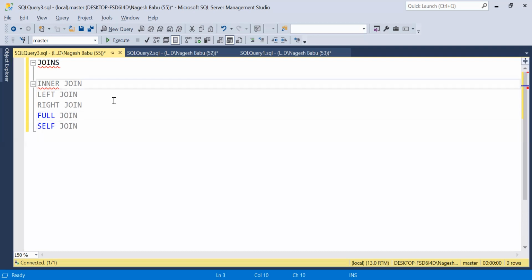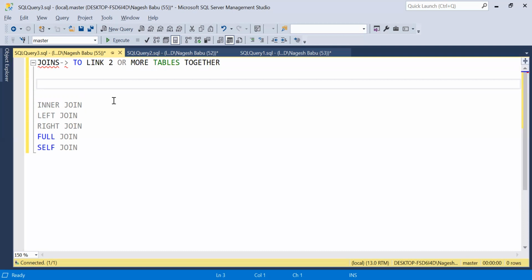What is inner join? So what actually is a join? Join is the concept we use to connect two or more tables together, or to link two or more tables. So this is about joins. So what does this inner join do? Inner join is the one